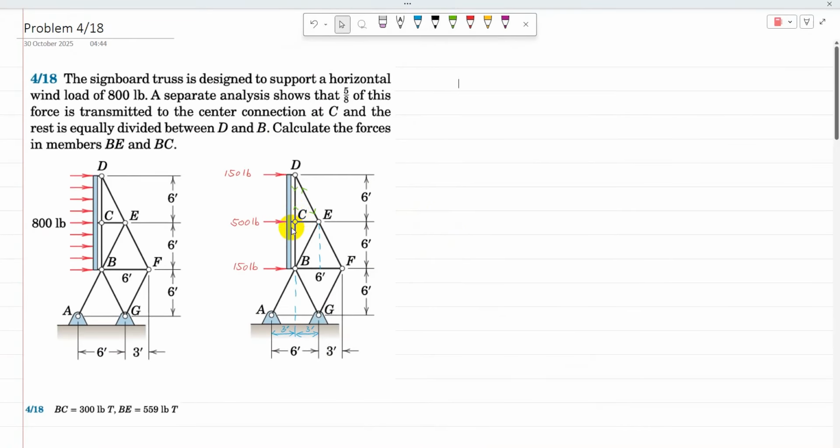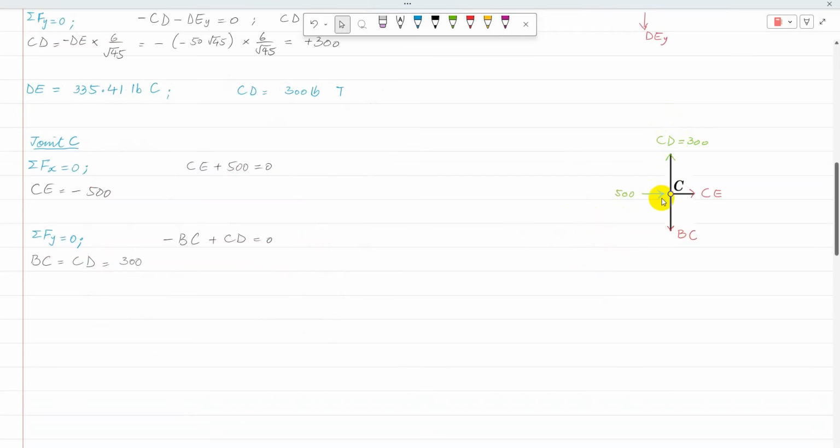So I'm going to draw a free body diagram of joint C. So the free body diagram of joint C is drawn. CE and BC are both assumed to be in tension. At C, there is a load of 500 pounds acting towards the right, and CD is in tension. So it's very simple. CE is going to be in magnitude equal to 100 and BC in magnitude equal to 300. At joint C, applying sigma Fx equal to 0,